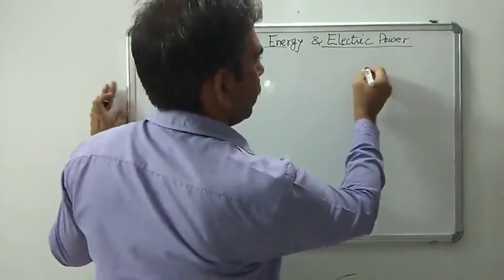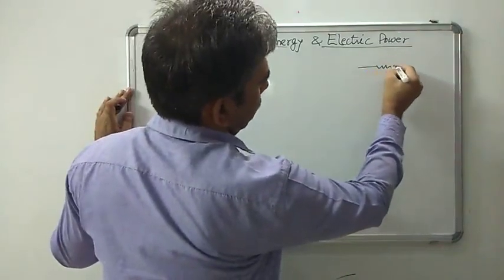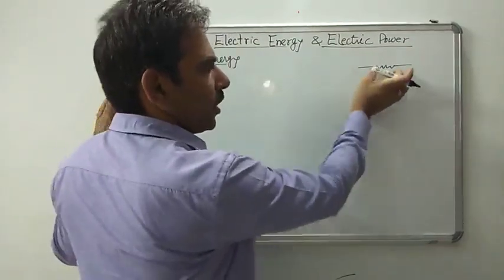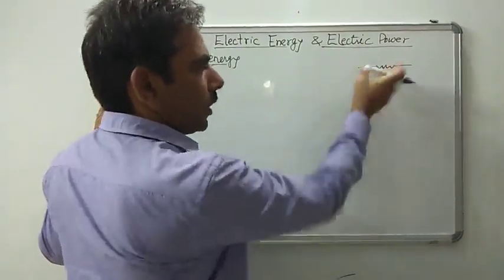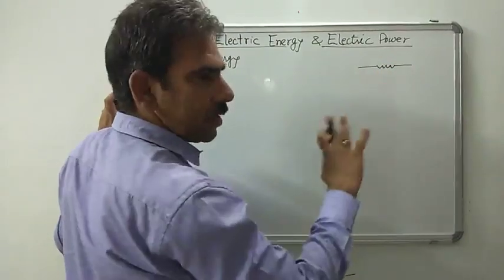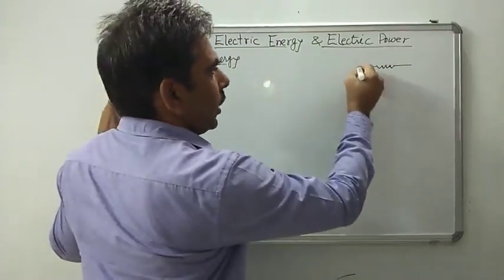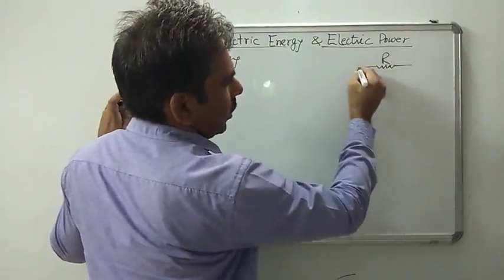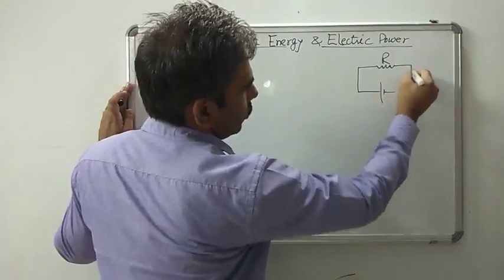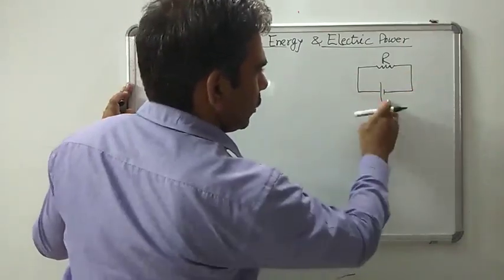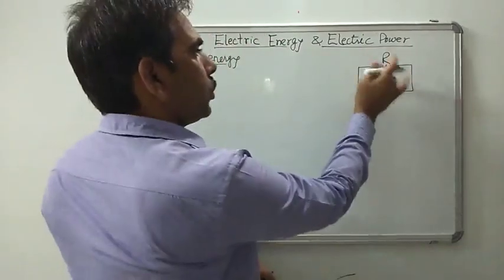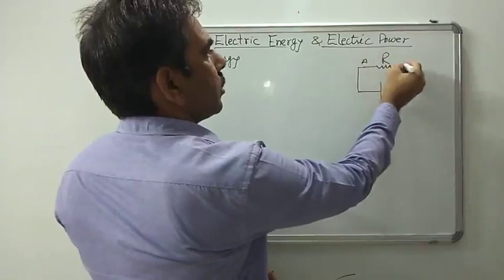Suppose that I have this component. This is a general component we make use of in an electrical circuit. This may be a bulb, it may be an electric iron, or it may be any other thing. So this is the resistance which is present in the circuit. Each and every component has some resistance, and let its resistance be R, and across this component we are connecting some source of energy. So this source is applying some potential difference of V volts across the two terminals of this component, right?